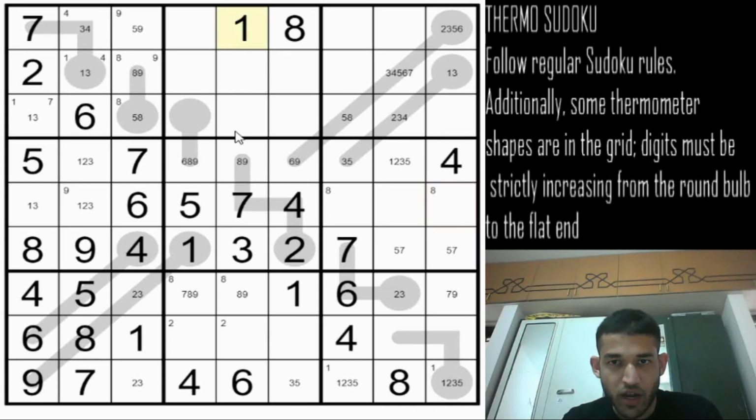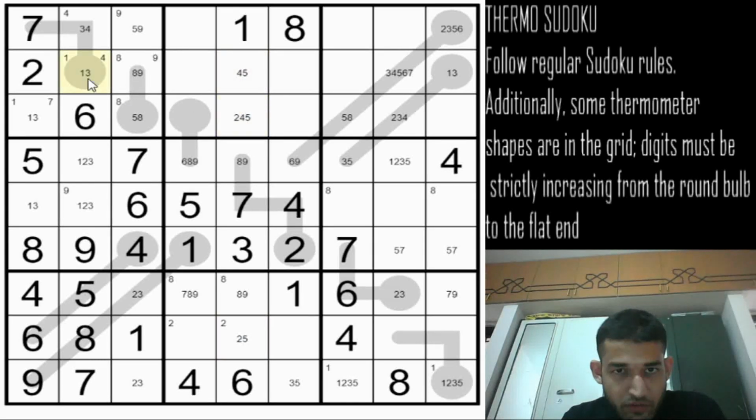Okay, in column 5 we see that we have an 8 9 pair, and 1, 3, 6 and 7 are filled already, so the digits which are pending are 2, 4 and 5. So 4 is in this row, this will be a 2 5, this will be a 4 5, and this will be a 2 4 5.